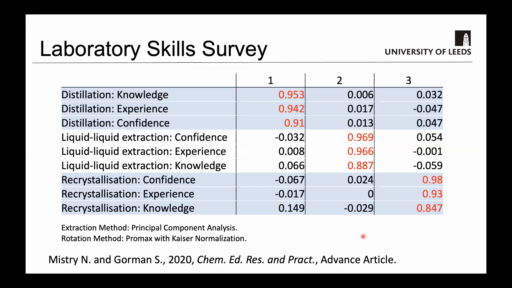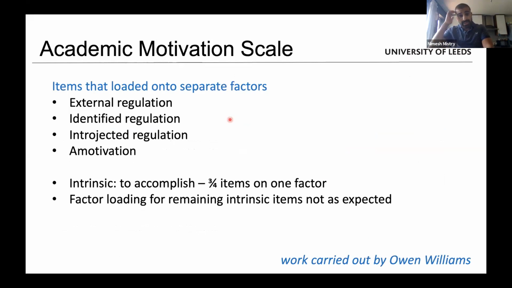I'll show you the data that we got from the academic motivation scale survey, which wasn't as nice. When Owen analysed the AMS data using exploratory factor analysis, what he found was that 4 factors were created for 4 of the types of motivation. All of the external regulation items, for example, all factor together onto their own factor. The same with these other 3 types of motivations. However, with the intrinsic motivation items, they didn't all clearly factor onto their 3 separate types